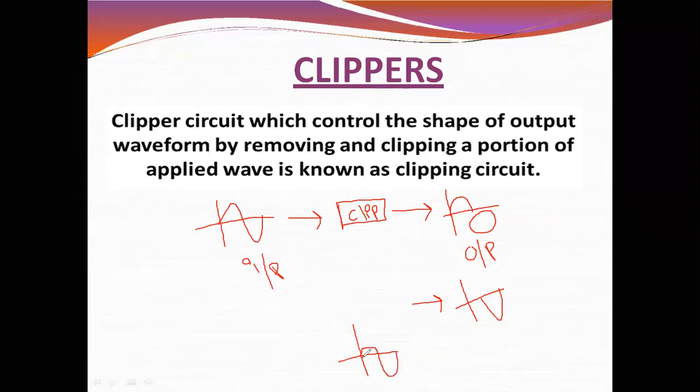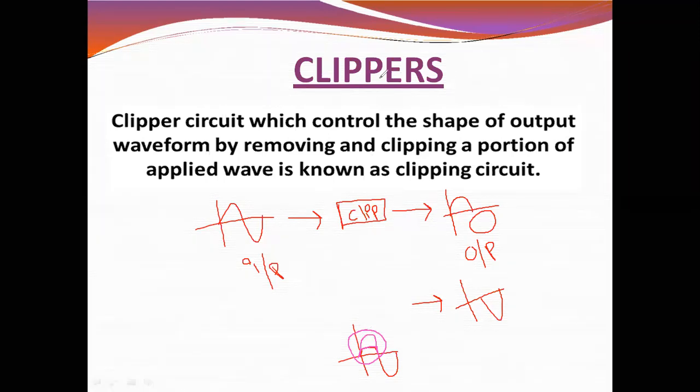What is the exact input? This was the exact input. What I drew with the purple color is the exact input of the positive half cycle. Now from that positive half cycle, I want to get the output as only half, that means half of the first half. How can I get it? By using this clipper. Clear all of you? That was the work of the clipper.